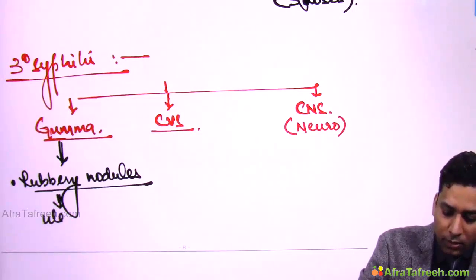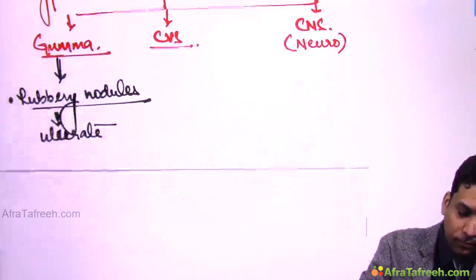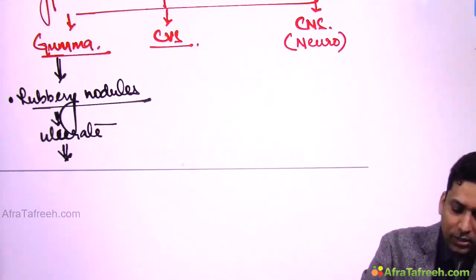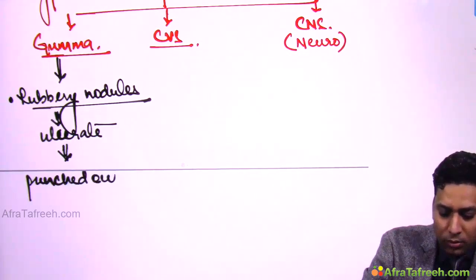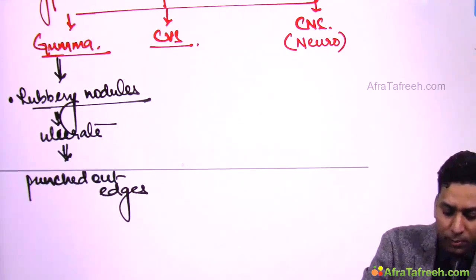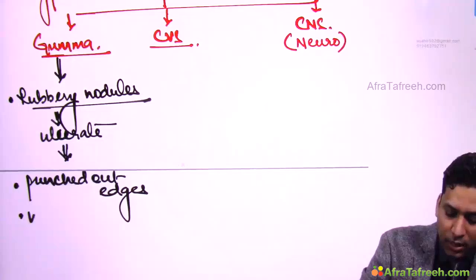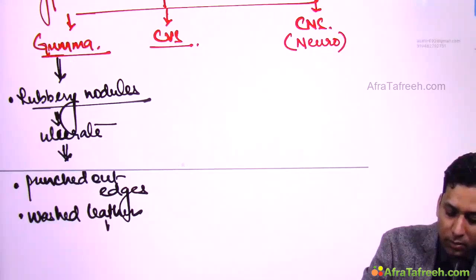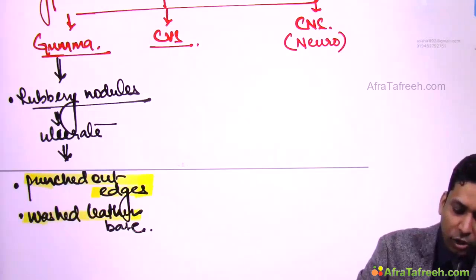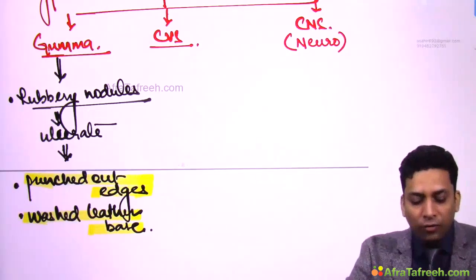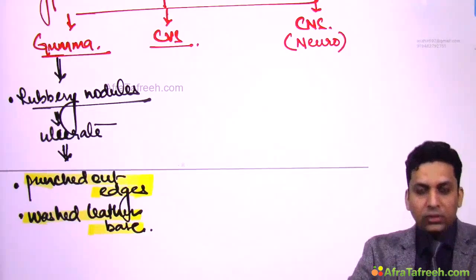which may ulcerate, and this ulcer has punched out edges. So with punched out edges and washed leather base. So remember, punched out edges with washed leather base is the characteristic finding of these ulcerated nodules, which are the